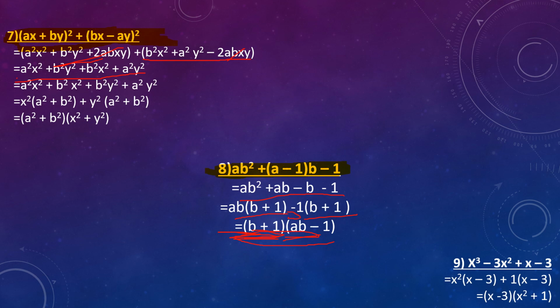The next one is x cube minus 3x square plus x minus 3. Keep the terms as they are at the places where they are. Make groups, take common. X square is common from the first two terms, so x minus 3 in the first bracket. For the second group, when you put x minus 3 in a bracket, nothing is common, so take 1 common. Your answer would be x minus 3 in common, then x square plus 1.